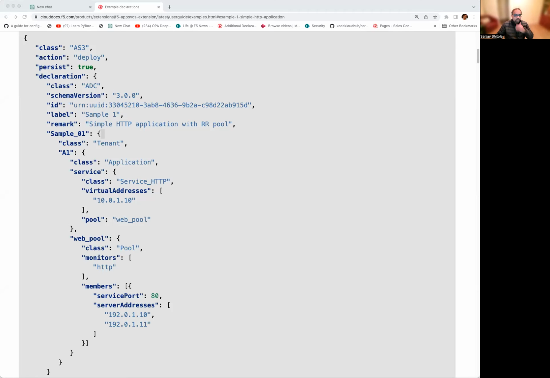Hi. Today we'll be talking about how we can use ChatGPT to do some documentation for us. So here you can see that I have an AS3, which is application services template for BIG-IP. So this template is used to deploy or to configure the